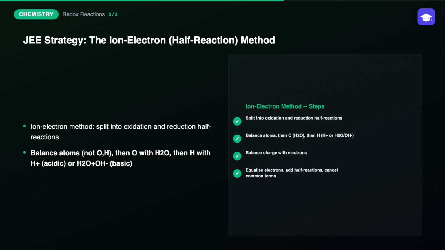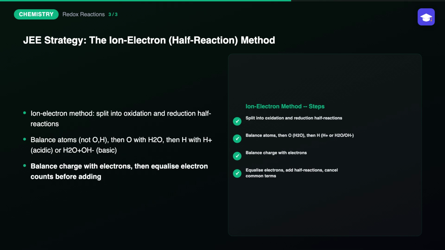then balance the actual electric charge on both sides by adding electrons, and finally multiply each half reaction by whatever specific factor makes the number of electrons equal in both half reactions, before adding them together and cancelling anything common on